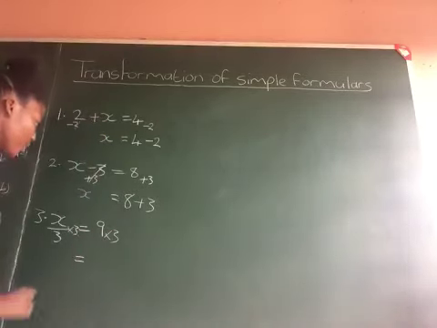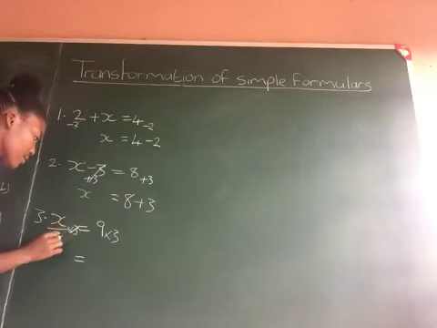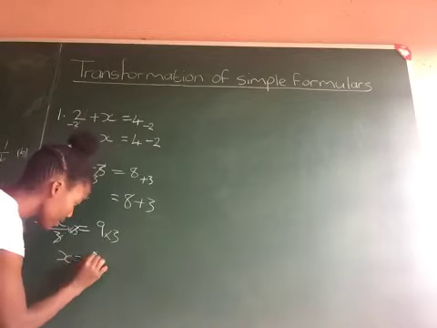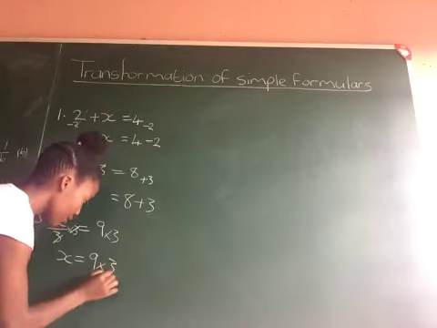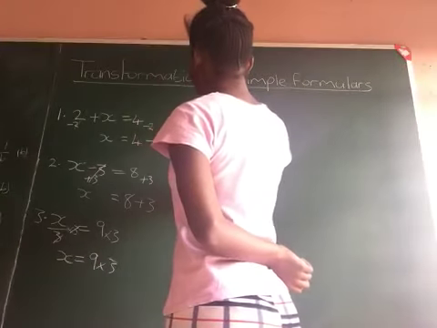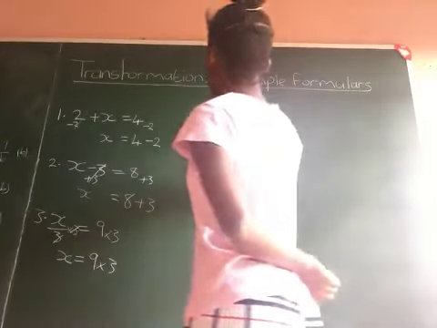which is equals to this 3 and 3, they cancel. We'll be left with the x. And the side, we just rewrite it down. There you have it. That's your formula. For example 4, we have 2x